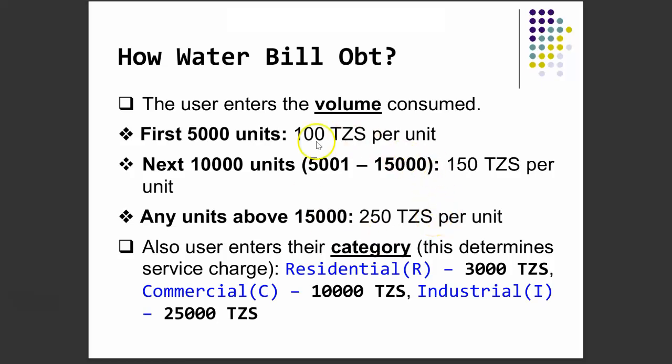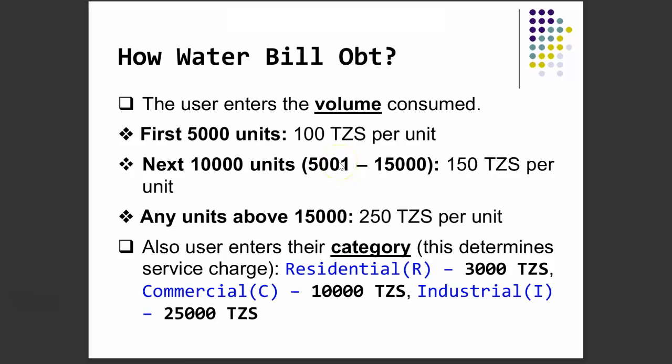But that is not enough. The user is also required to specify which category he or she belongs to. There are three categories: residential customers, commercial customers, and industrial customers. Each customer category is charged a different service charge. For the residential category, they are charged 3,000 shillings. For the commercial category, they are charged 10,000 shillings. For the industrial category, they are charged 25,000 shillings as service charge, in addition to the charge on the volume